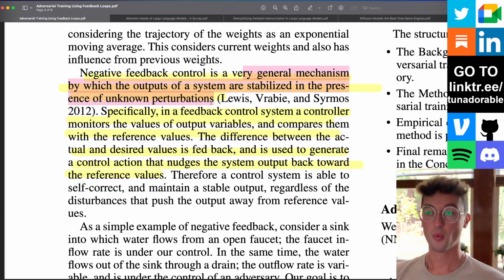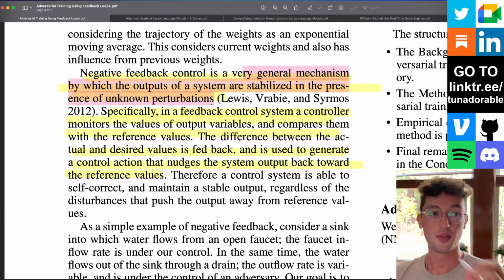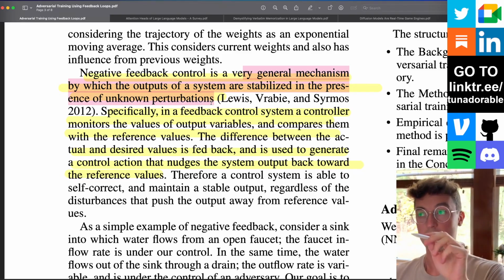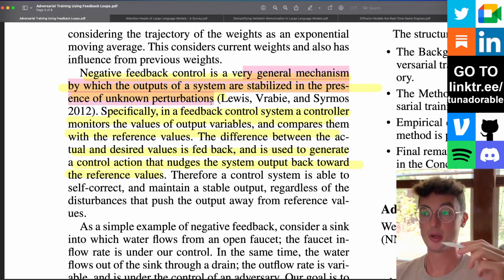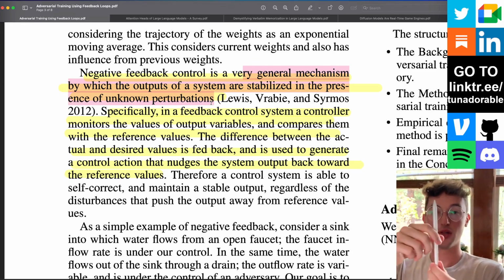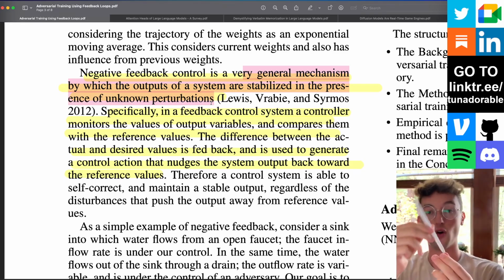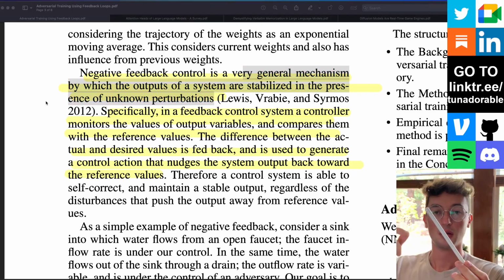In these systems, whenever the actual object would veer off course from the desired output, you learn a model that is designed to learn how much to steer it in a certain direction, or whatever it is, how much to provide negative feedback to put the desired thing back in its place. So, for example, with those upside down pendulums, when you have a balancing pencil or something, right? If it starts to fall over, your model learns the amount of push it needs to provide to get it to balance again.